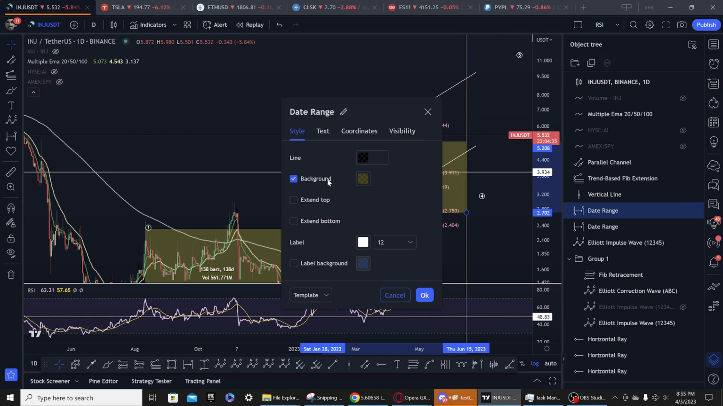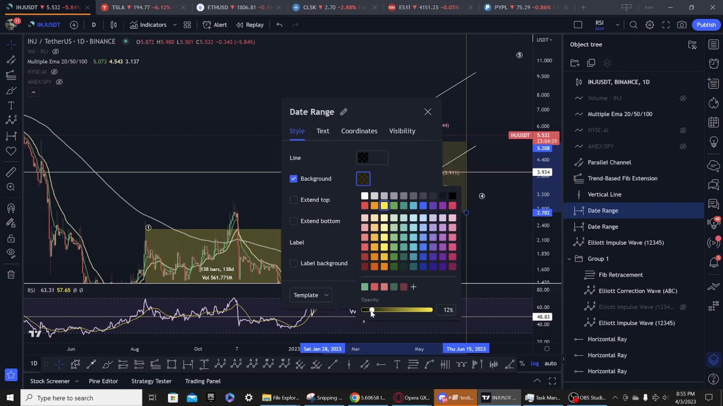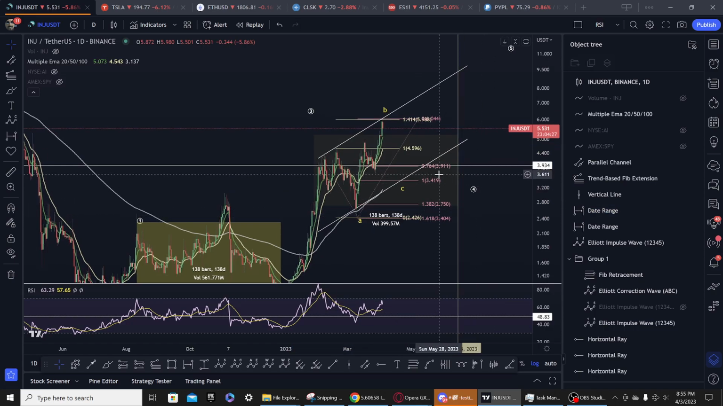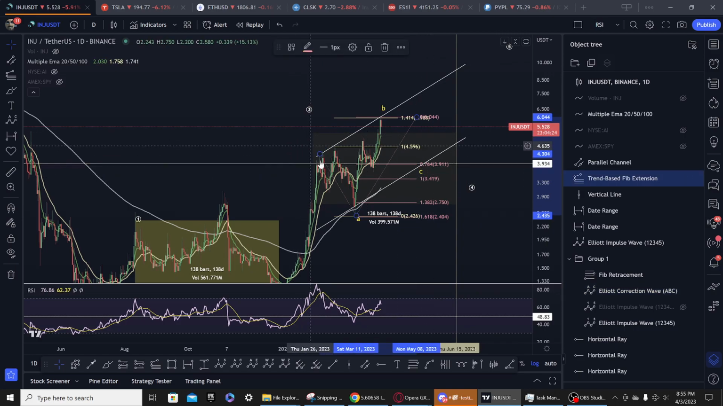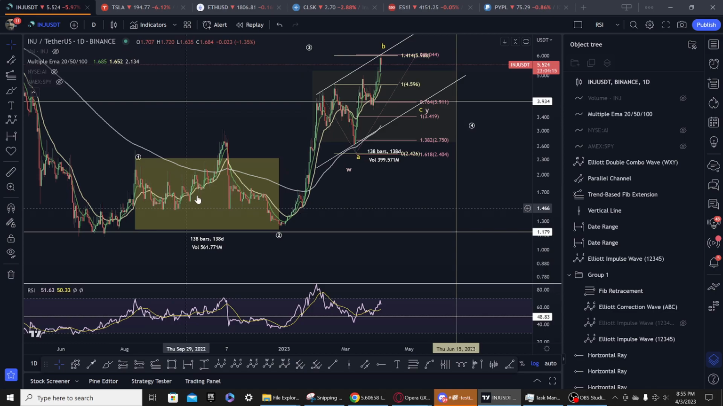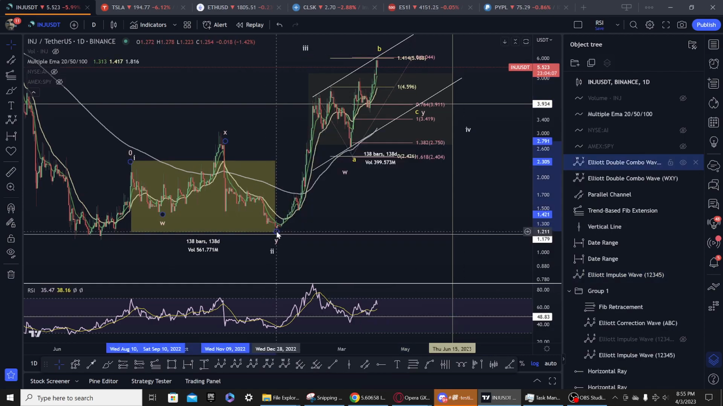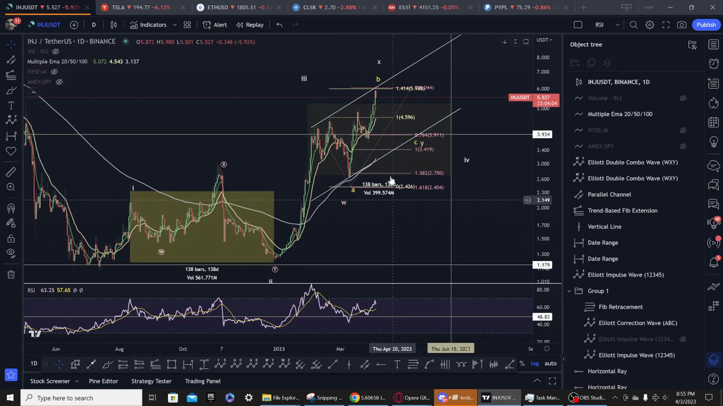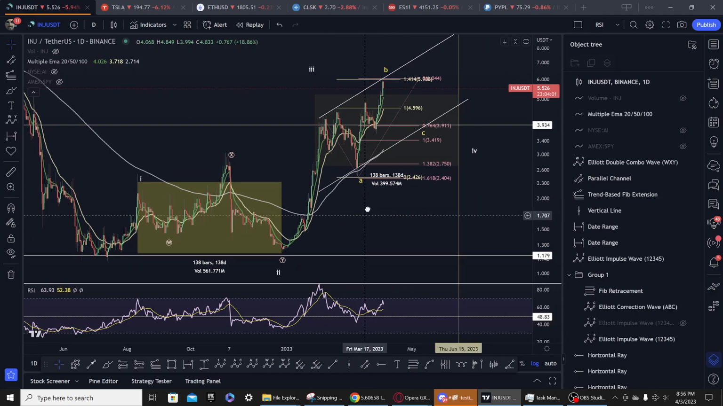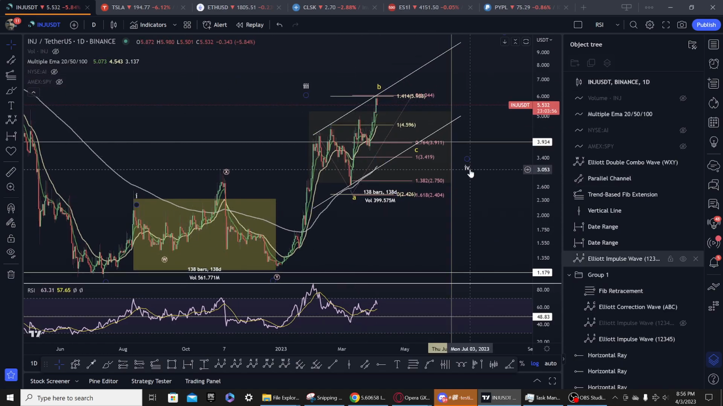Let me make this not so, actually I should. There we go. All right, so if we are channeling, it can either be a running or expanded flat, but most likely it's a complex WXY, because this to me looks like an AB. Oh no, this is a WXY. Sorry, this is WXY. So if that's a WXY, then this has to be an ABC. Or it doesn't have to be, but by the guideline of alternation, waves 2 and 4 should alternate. So if this is complex, then this should be